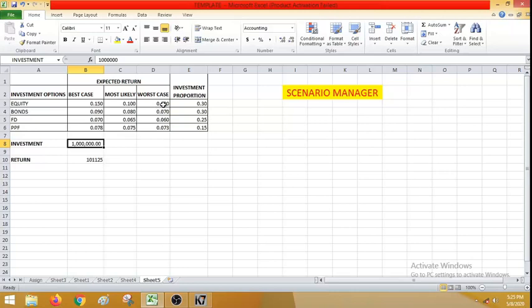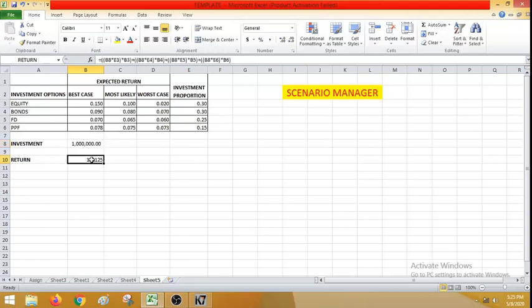Just consider the economy is not faring well. That is considered the worst case. So equity return is going to be very low. We know stock market performance will be very low when the economy is not doing well. So equity only 2% will be the return. In bonds again it will be reducing, 7% I have taken. FD 6% return, and for PPF it is going to be 7.3%. So this is going to happen when the situation is worst. So there are three scenarios: best case, most likely, worst case, and this is the investment proportion. And here it is the investment. So the investment is going to be 10 lakhs.